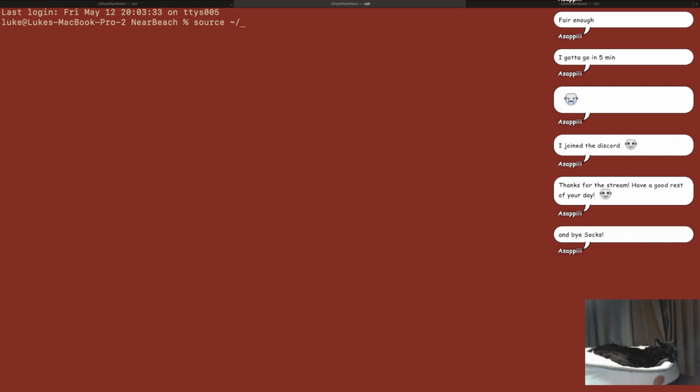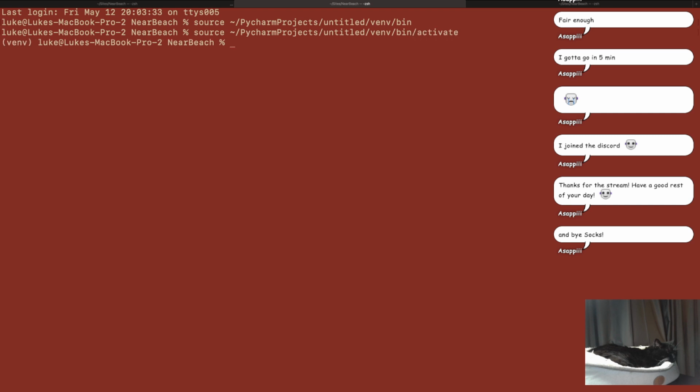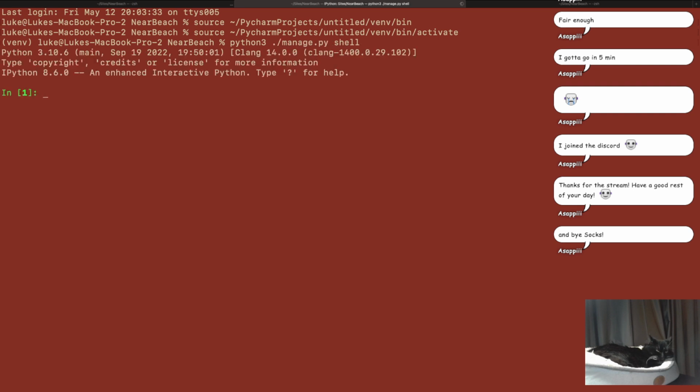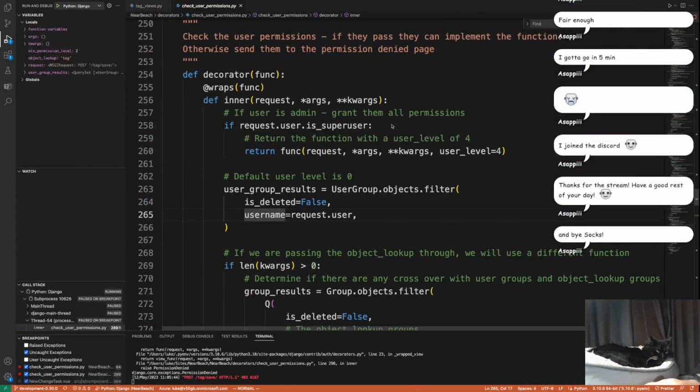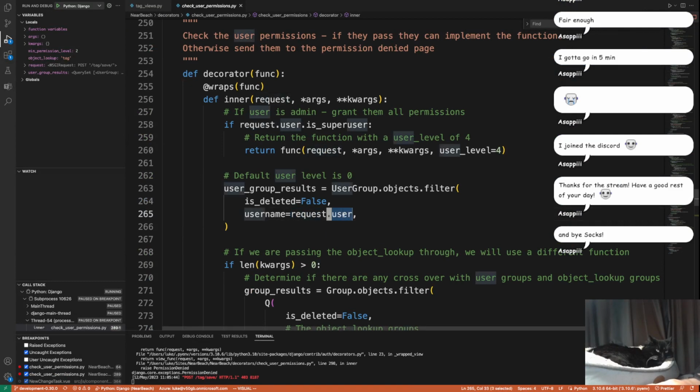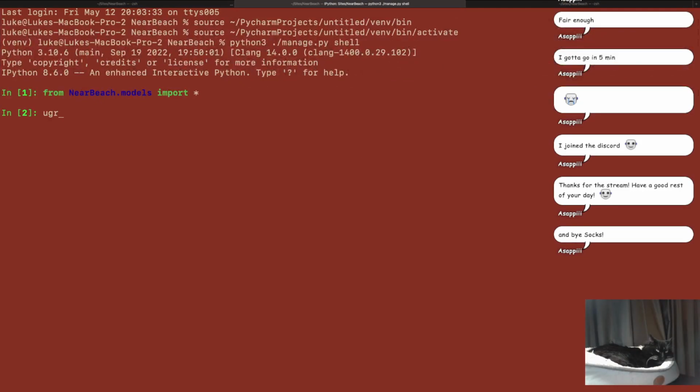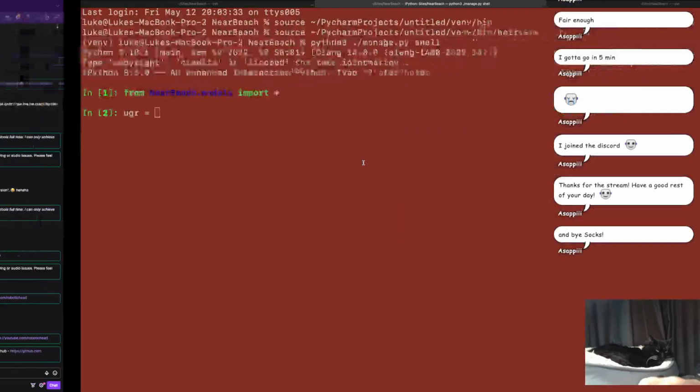So source, we want the source of our, like so. And then what we want is Python 3 manage shell. Then from near beach.models import. Yep. So we're just importing all our models from near beach. Then we know the request user is going to be 2, so we're just going to go UGR as in user group results equals user group